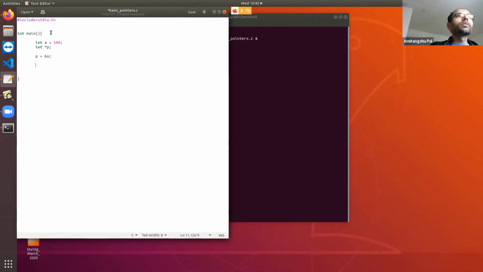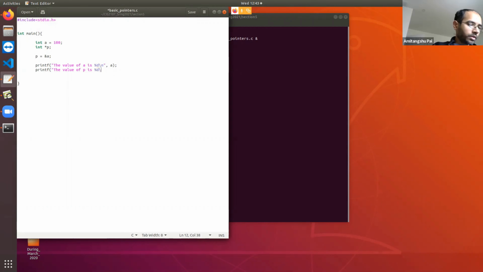Now let's print: the value of a is %d. The value of p is, let's start with %d. It may give trouble because p is not an integer.